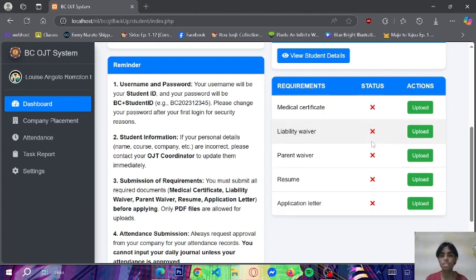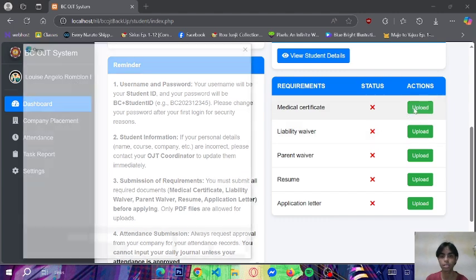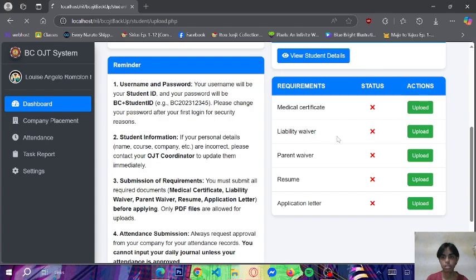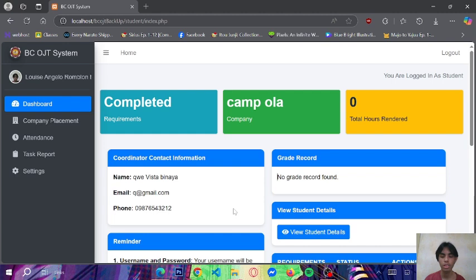Now, let us upload our requirements for us to apply to the companies. If your requirements are incorrect or there are some issues, your coordinator will notify the student via SMS.